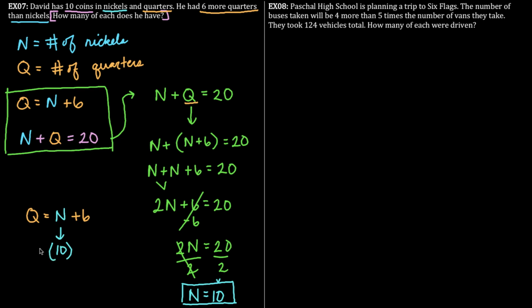At this point, because we're not multiplying anything. So we add 6 to it. So the number of quarters